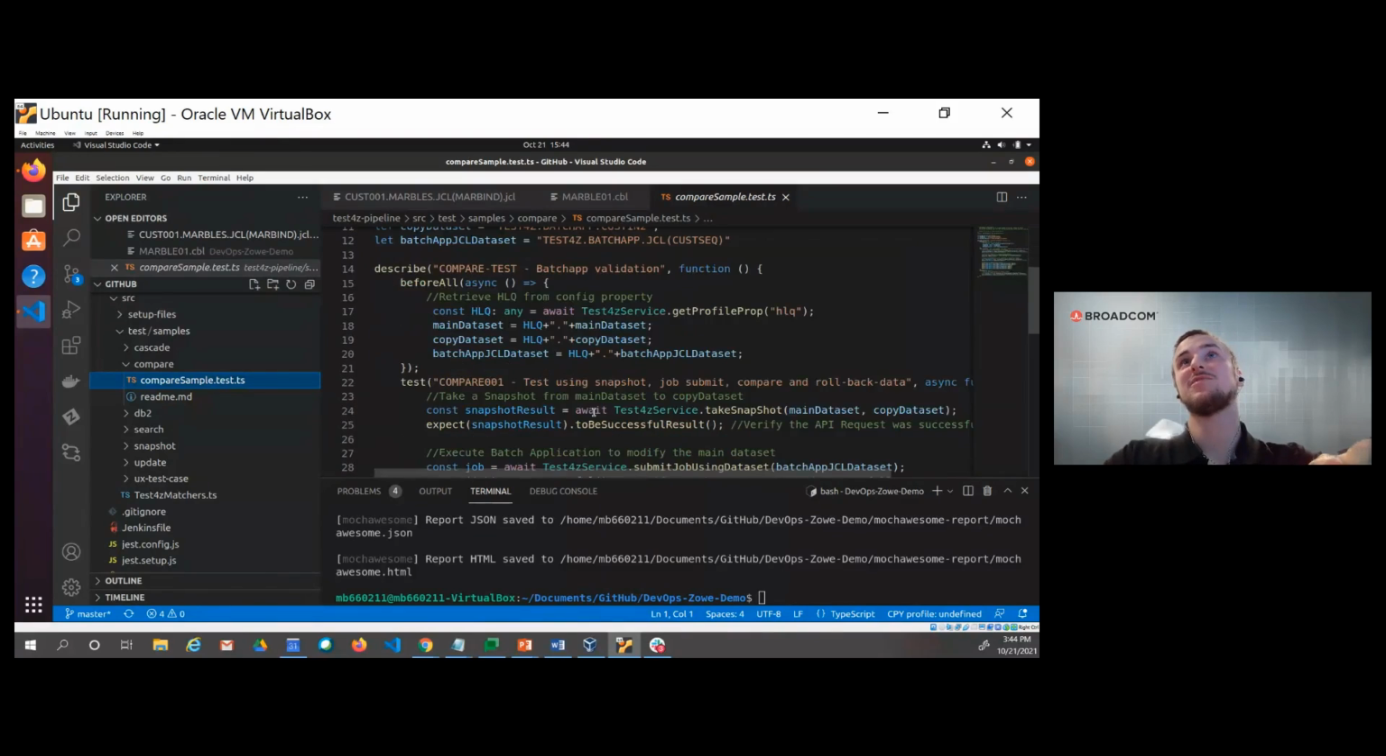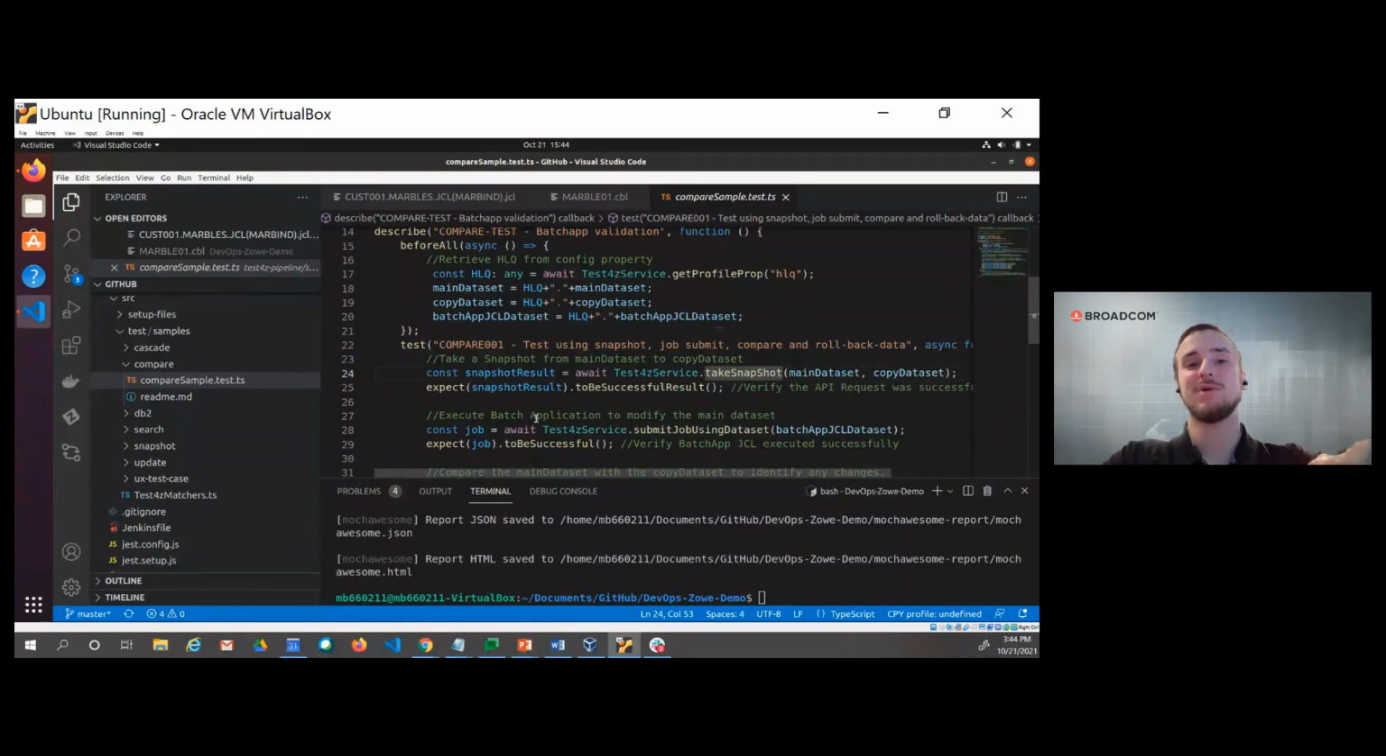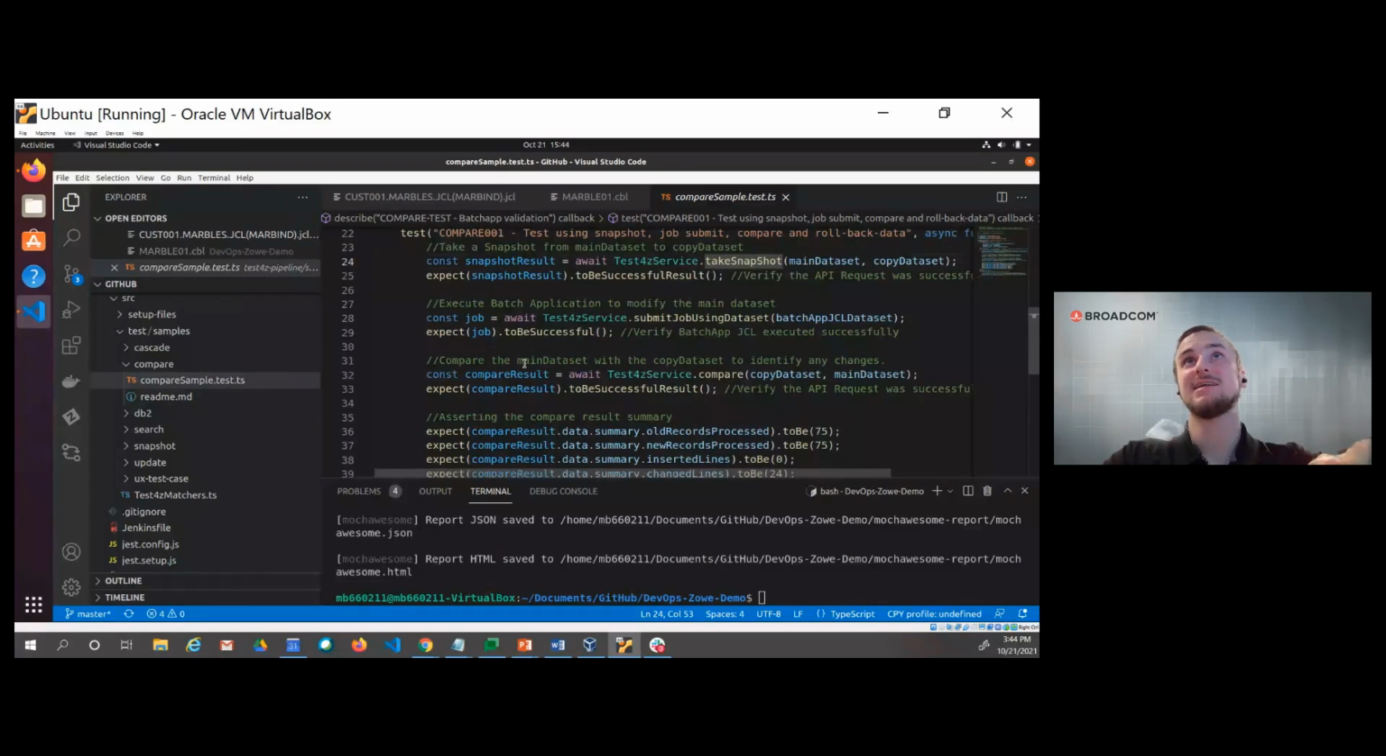So first off, it's going to take a snapshot of the main data set and move it to a copy data set. Then it's going to run a batch application that modifies the main data set. And it's going to compare the main data set with the copy data set to identify any changes. And if you were just using the regular Zowe Node SDK,